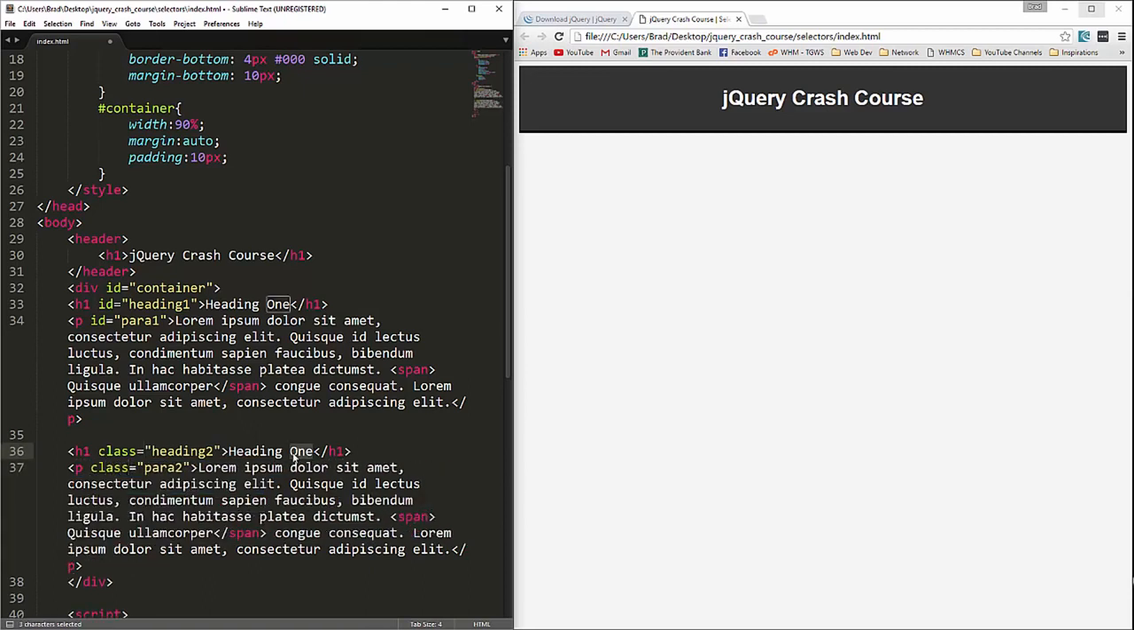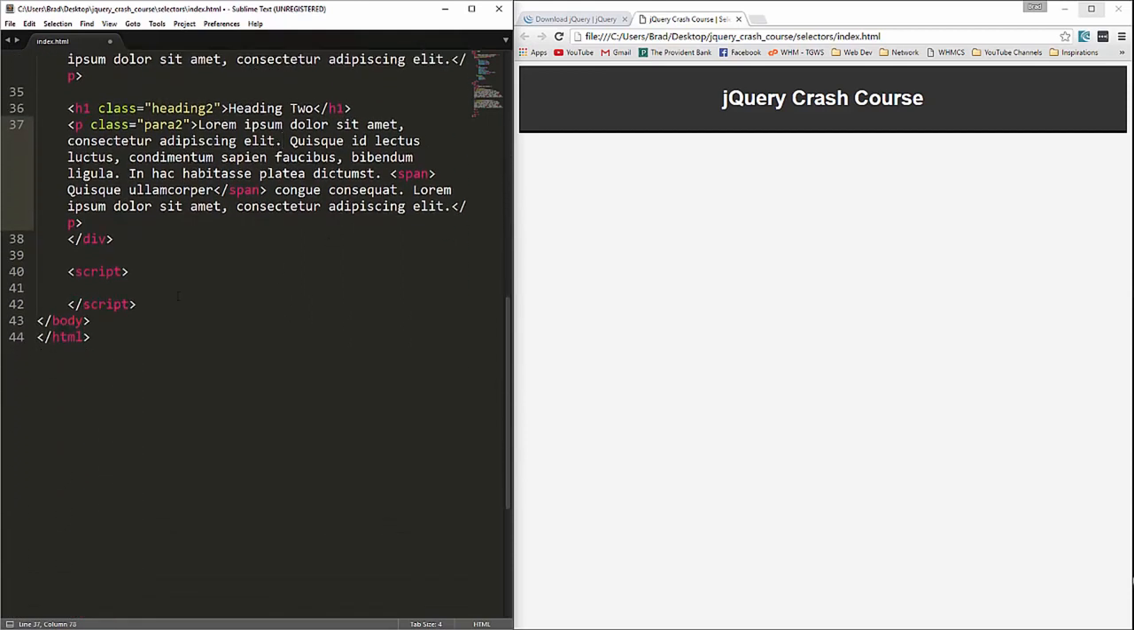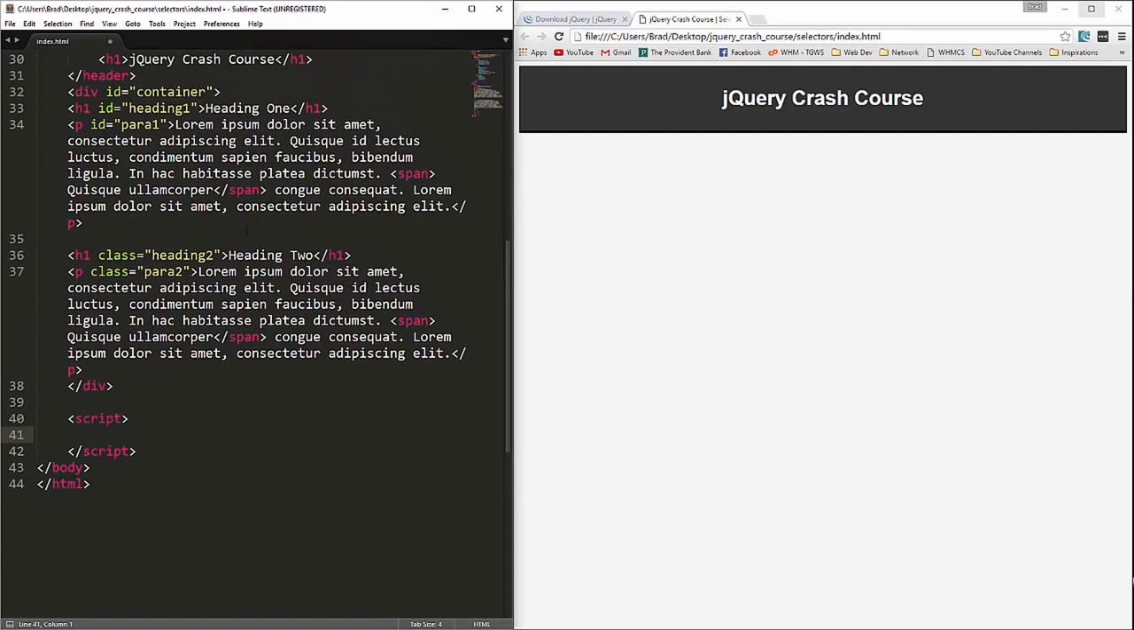Okay, we'll change this to heading 2. All right. Now let's go down to our script tags here, and I want to use a selector to, let's say, grab the headings. All right, so with jQuery we use a money sign that represents jQuery, and in here